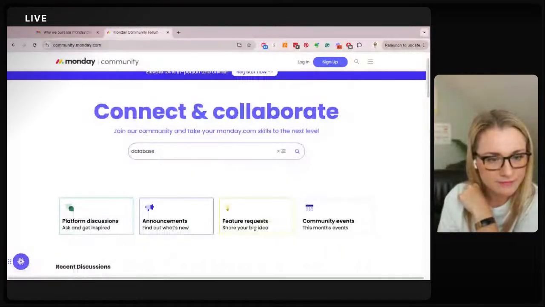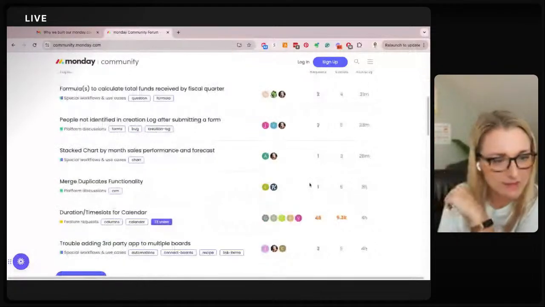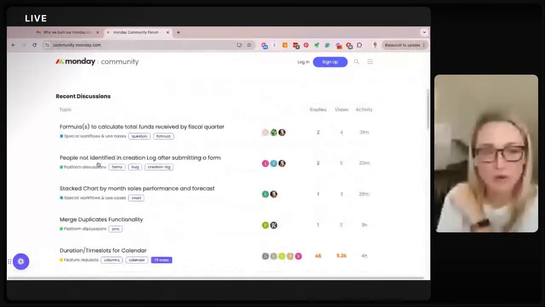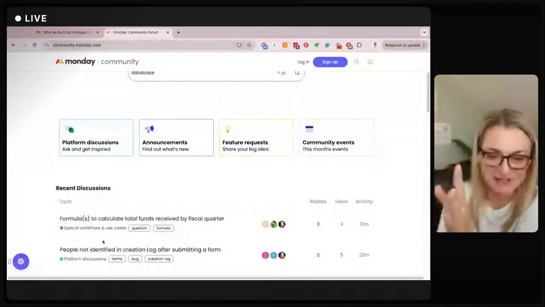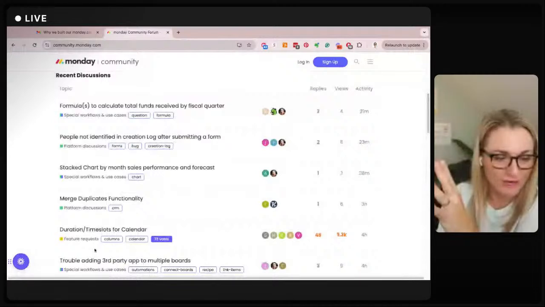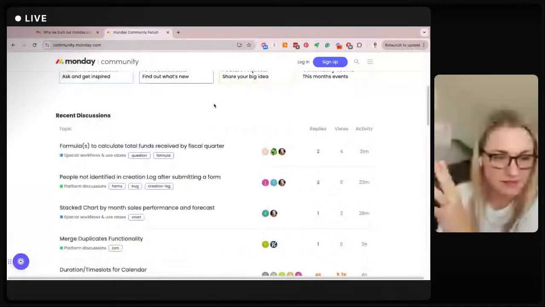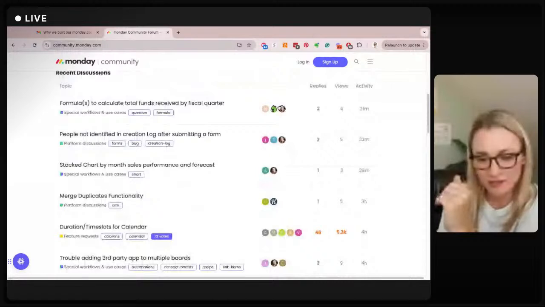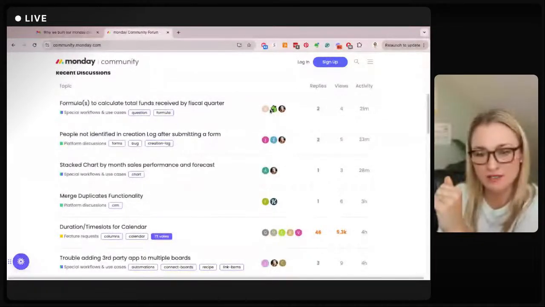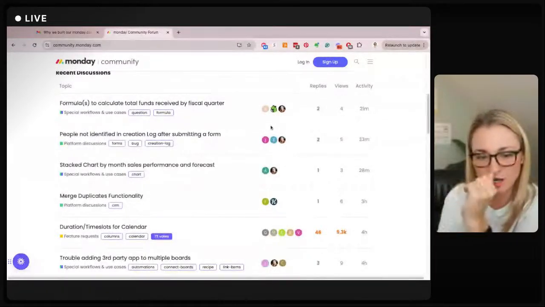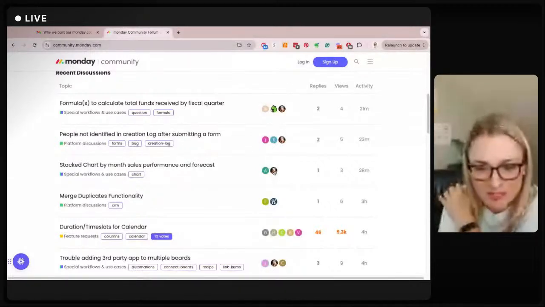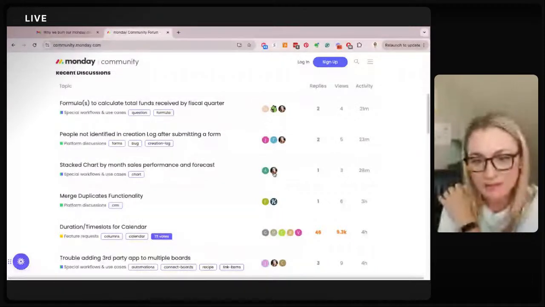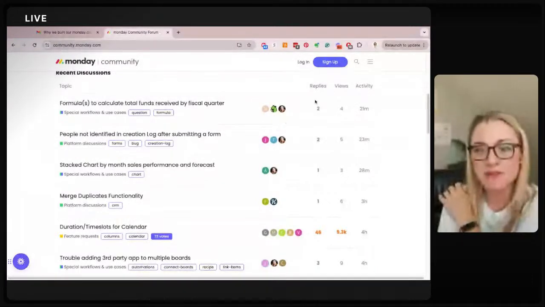But what you're seeing here is, and again, I don't know why this is the default. People are not browsing a waterfall of content here, but you see it's recent discussions. Here are the people who have actually commented. This is how I know it's Discourse, because of these four columns here. This is very common of a Discourse setup. It shows you who's commented on things. I would assume that this person here is probably a community manager, because they're showing up in multiple places. The number of replies, views, and activity, the last time somebody commented on something.